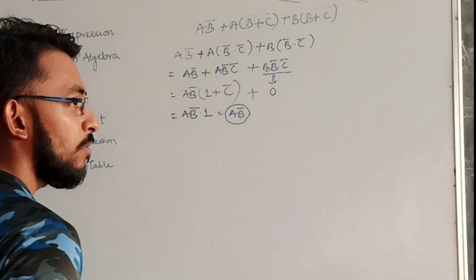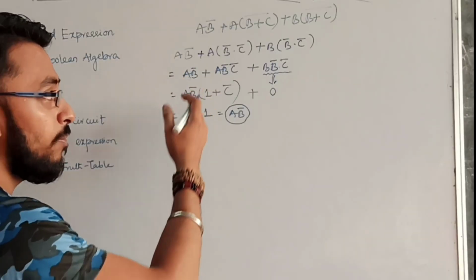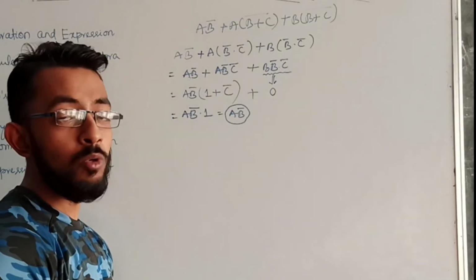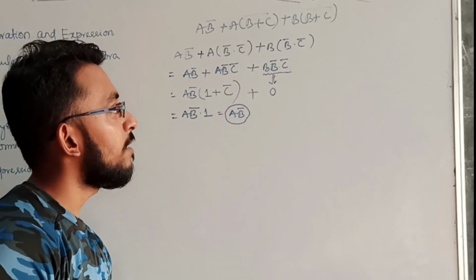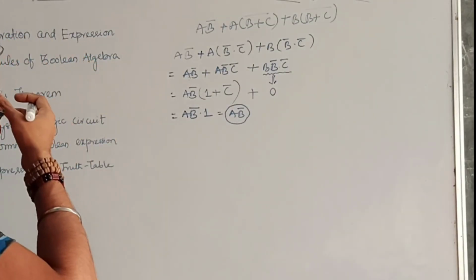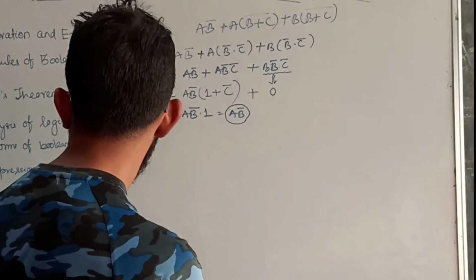So in this way, if in a question it is given to write down the simplest form, you have to apply the distributive formula and some rules. Okay. By doing a number of numericals, you will get clarity. In the next video, we will see the standard form of Boolean expression, and the Boolean expression and truth table.